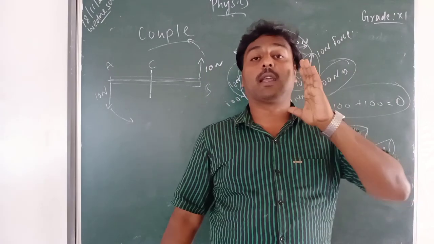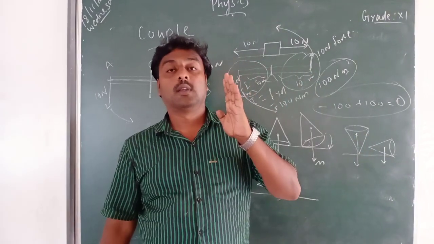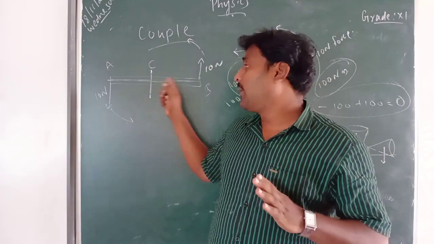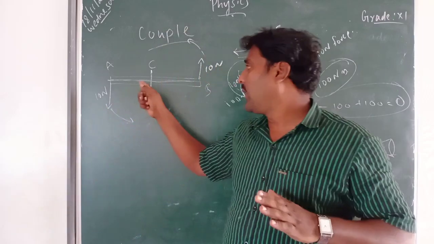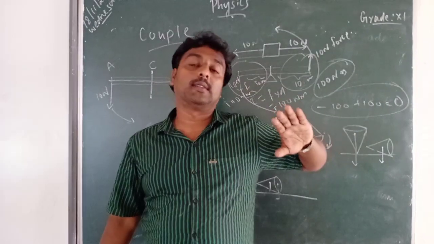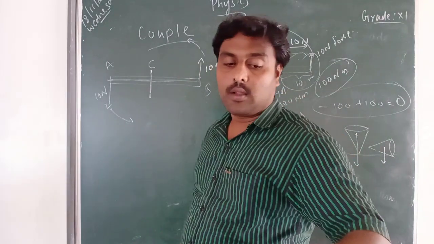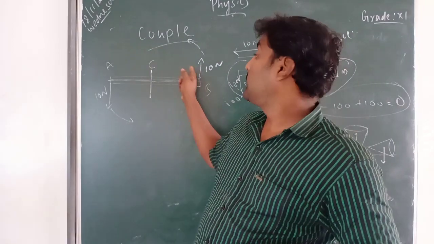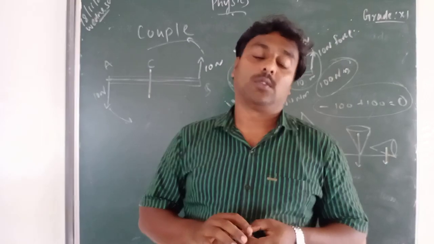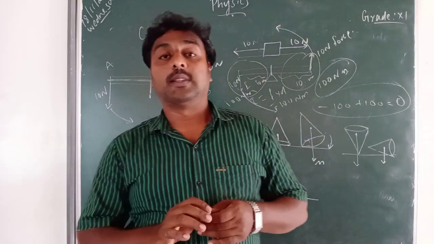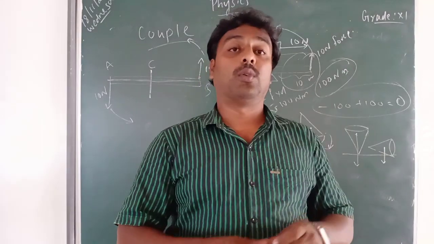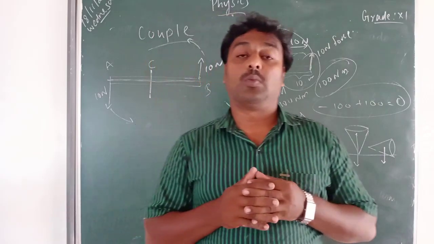That is what we call a couple: a pair of forces equal in size but opposite in direction, acting perpendicular to the rod, with lines of force not coinciding, causing a turning effect called a couple. So study the couple definition on page number 230, and types of equilibrium on page number 228, a 5-mark question, and this 2-mark question.